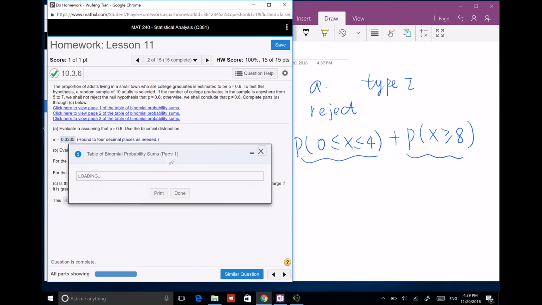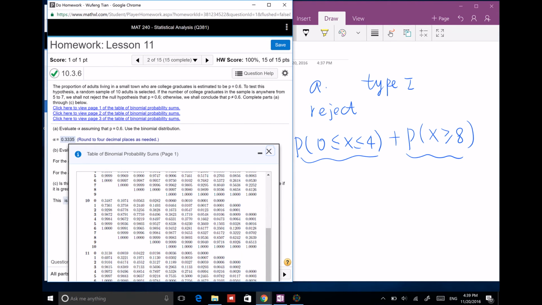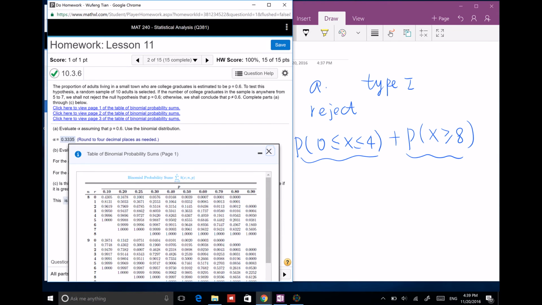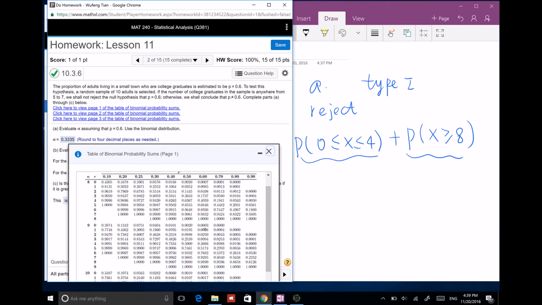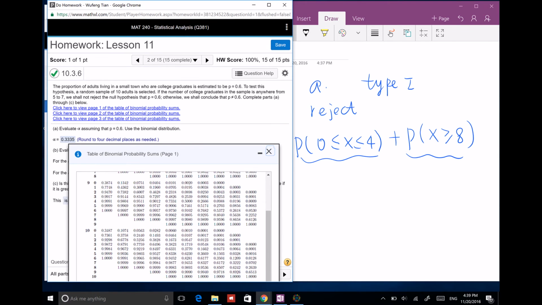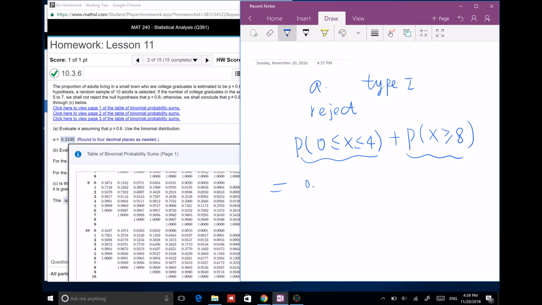table here. The table here has n equals 10 and p equals 0.6. So with 0.6 and n equals 10, 0, 1, 2, 3, 4 is 0.1662, plus bigger than 8, so it's going to be 1 minus